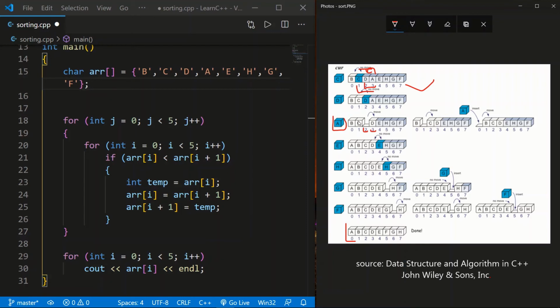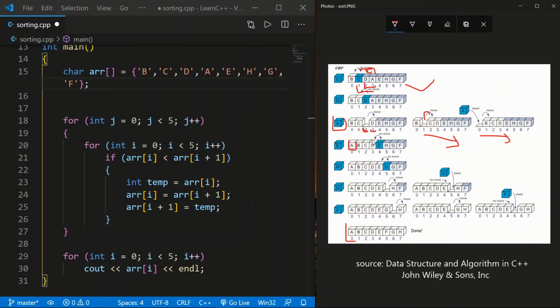Secondly, when A is checked with C, you can see A is smaller than C, so C will shift to position 2 and A will shift one position left. Again, when B and A are checked, you can see it is getting shifted in the right direction, one space. Then it will check between B and A, and you can see B is shifted one more this way. You can just see the numbering below this, and A is getting written in position 0. You can see in position 0 we got the value A.